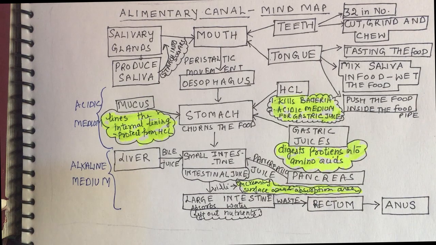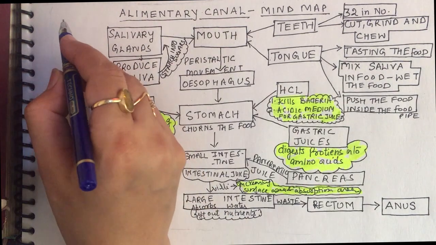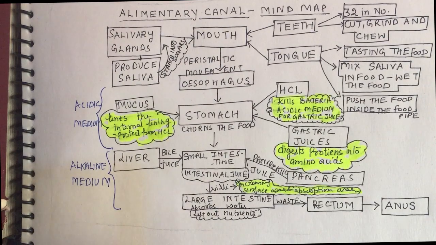Bile juice is doing two things. First of all, it is giving alkaline medium to the small intestine, and it is also helping in changing of fats into fatty acids. It emulsifies the fats. Okay, students. So let me write down one more thing for you. Let me give you the last